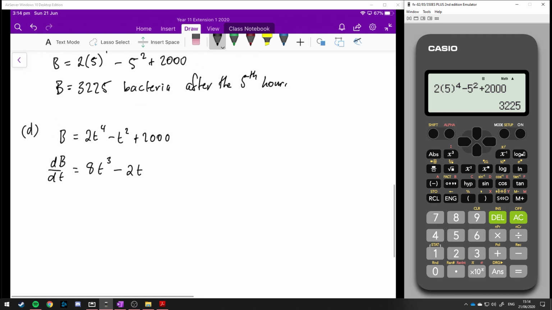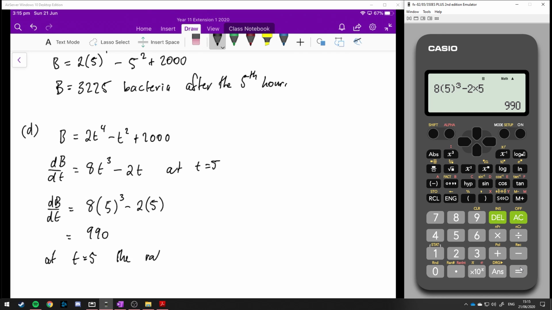Okay, so we're looking for the rate after the 5th hour. So at t is equal to 5, dB/dt is equal to 8 lots of 5 cubed minus 2 lots of 5. Okay, and we're going to substitute this one in. So we get 8 lots of 5 cubed minus 2 lots of 5, and this constant term is not here anymore. Okay, so just popping that into the derivative, and we get that at t is equal to 5,